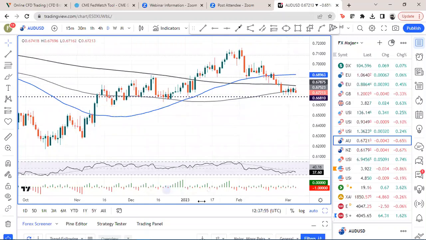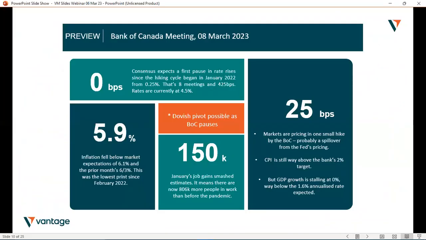Next central bank meeting is the Bank of Canada. Kind of less exciting, really, but interesting just to see the different phases, if you like, of where central banks are. RBA still hiking slightly. Then the Bank of Canada expected to pause. And then we'll touch on the Bank of Japan, obviously, which is kind of nowhere near it. But just interesting seeing these differences, and therefore why some currencies are not doing as well. The yen, of course, a prime example, and potentially the Canadian dollar as well going forward.